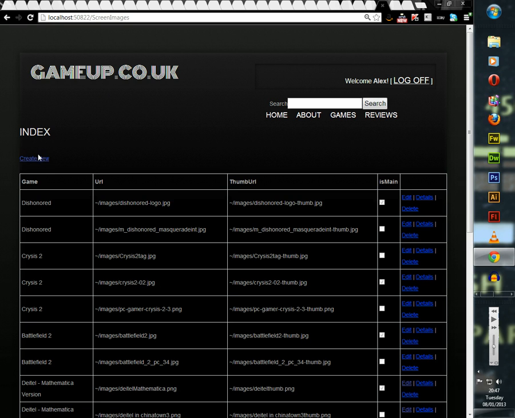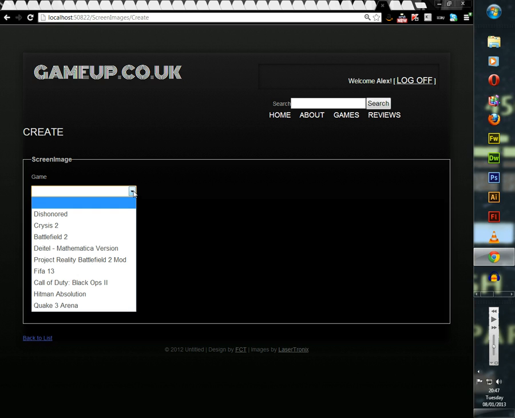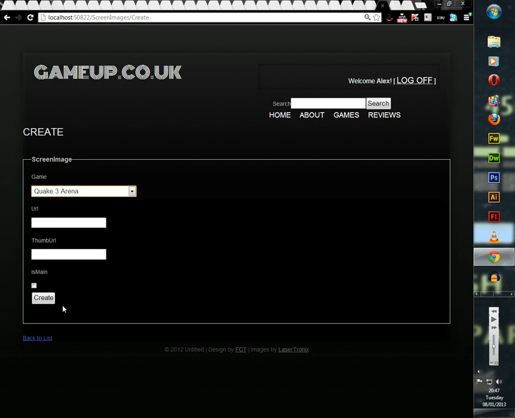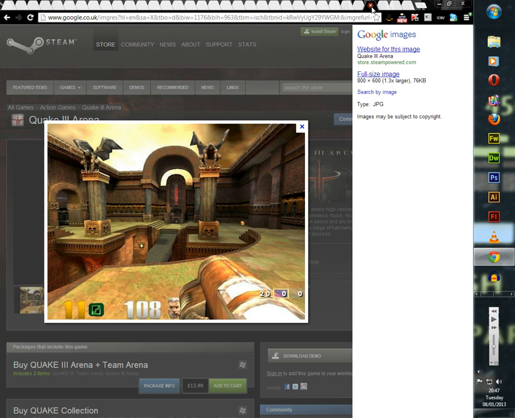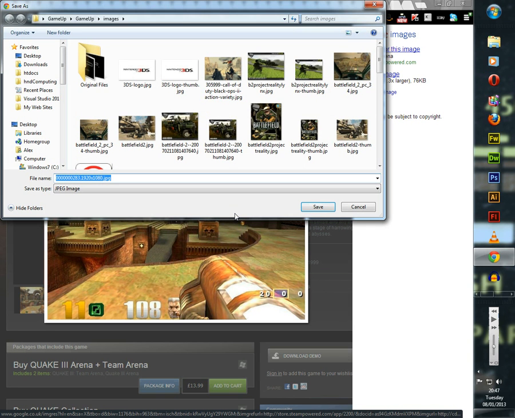And we're going to get an opportunity to add a new screen image. First of all, you select the game from this drop down list. Here it is at the bottom, Quake 3 Arena. Then we're going to select the URL of the image. So first of all, we have to actually get an image. As you can see, I have quite helpfully prepared one here, quite a good image from the game. We're going to save that image, put it into the images folder, and give it a meaningful name, like Quake 3,